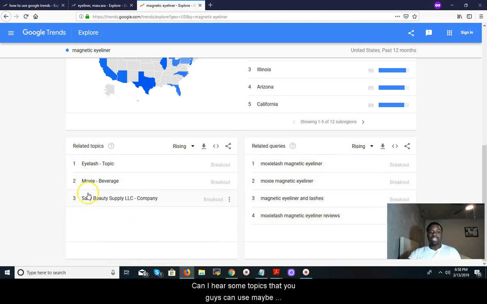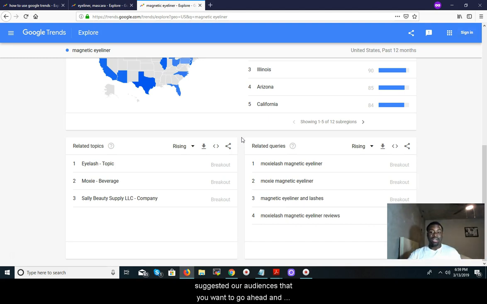And then here are some topics that you guys can use, maybe when it comes to doing research, when it comes to what type of interest you may want to target inside of Google when you're doing your display marketing, or even if you're inside of Facebook and you're looking for different audiences, you can use some of these topics or keywords that you may find and see the suggested